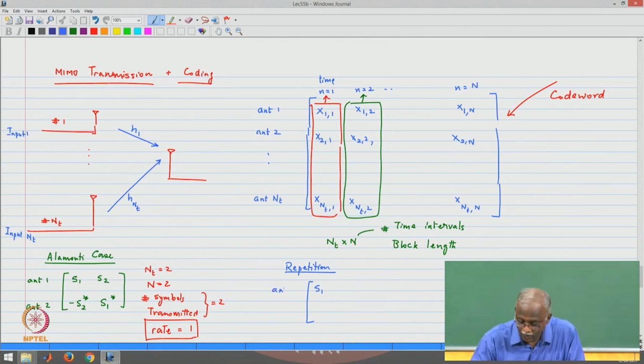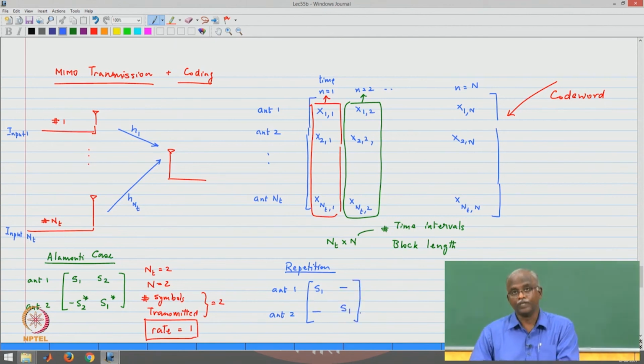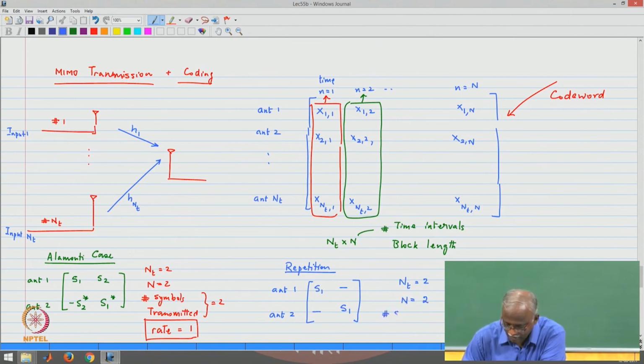So, this is antenna 1's transmission, this is antenna 2's transmission, time instant number 1, nothing on antenna 2, and then second time instant nothing on antenna 1 and S1 on antenna 2. So, basically you have done a repetition, transmission on antenna 1 and transmission on antenna 2. So, in this case we have number of transmit antennas equal to 2, number of time instances or block length equal to 2, number of symbols transmitted